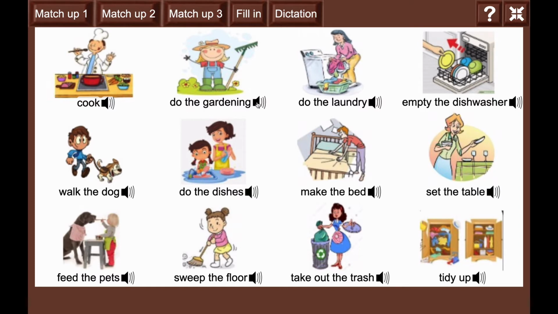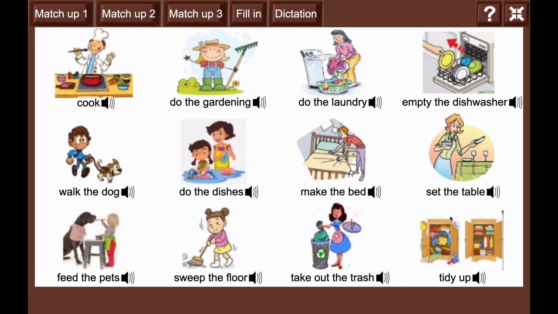Do the laundry. Empty the dishwasher. Set the table. Make the bed. So that's the first thing. Read the words and click the speaker to listen.